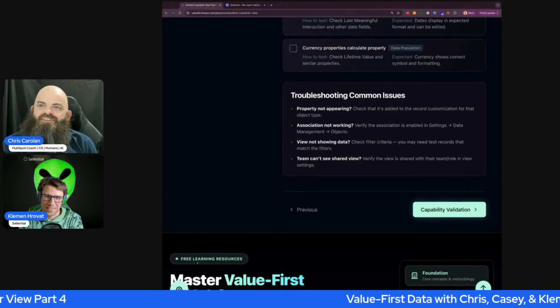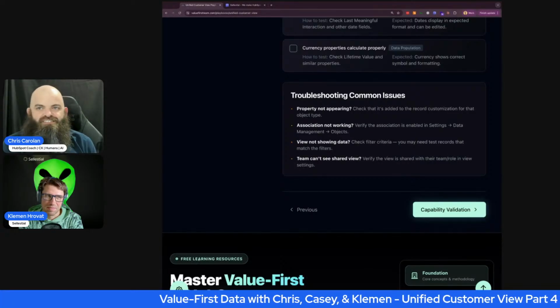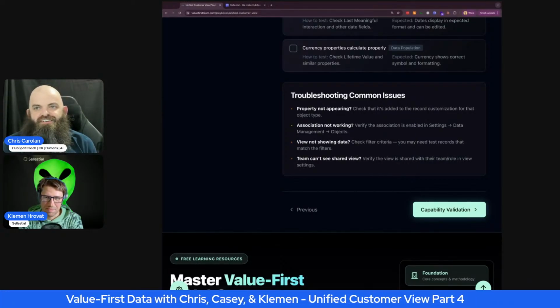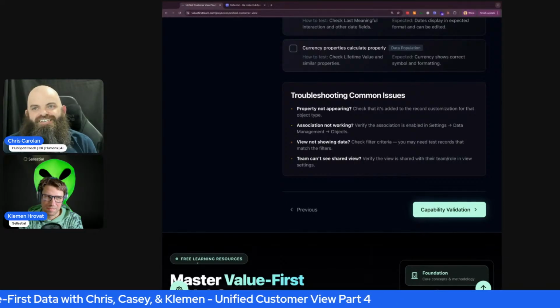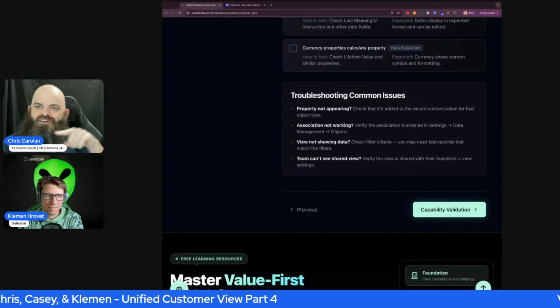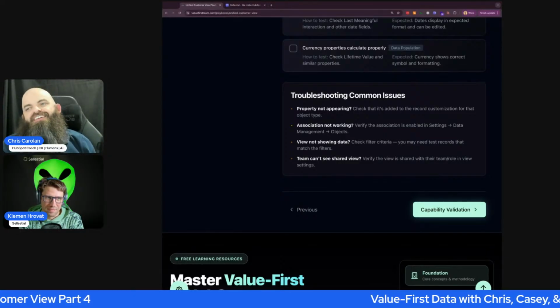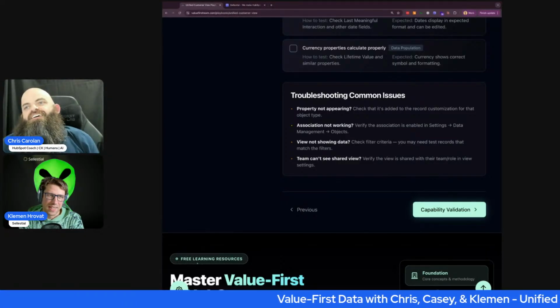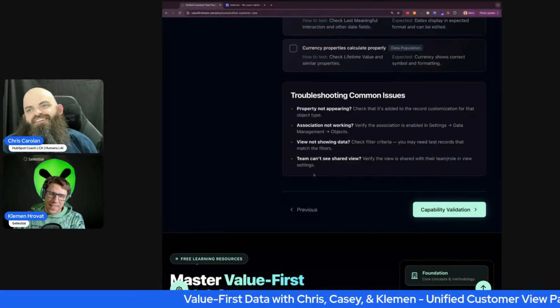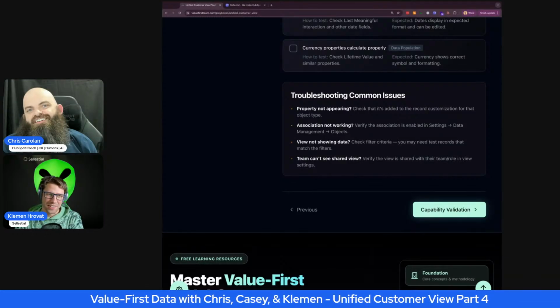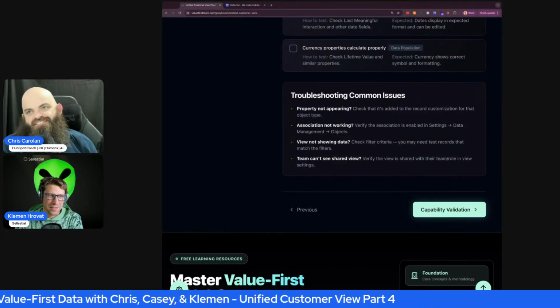Teams that can't see shared views. This is what validation and verification looks like. Are we sitting in the same room and being like, yep, you can see what you want, you can see what you want, all right, and just move down the line. Yeah. Otherwise, all the good work will be just for nothing.